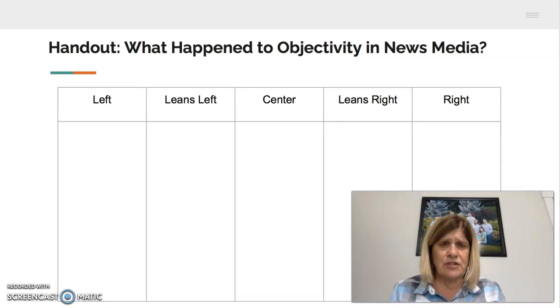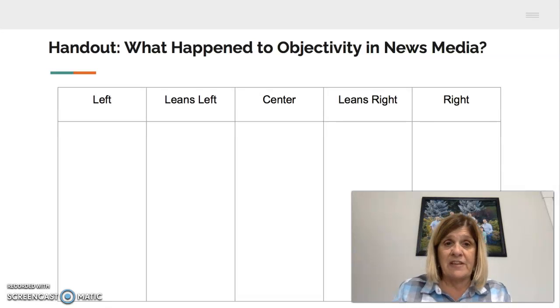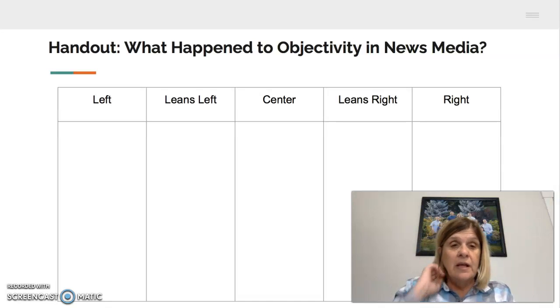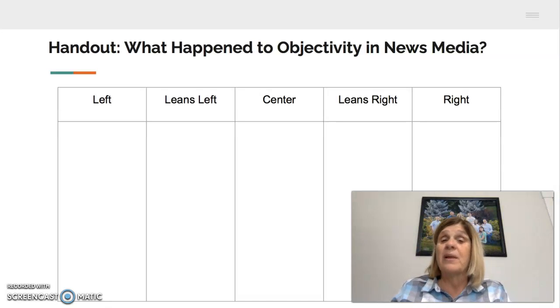Remember, left is a more progressive or liberal viewpoint, and right is more of a conservative viewpoint. So anyway, in class, that's what I'm doing.